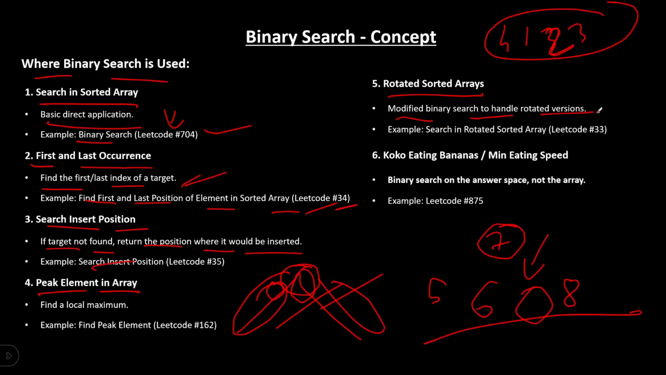Modified binary search to handle rotated version. This is a question you could go and check in Leetcode 33. Koko eating bananas or minimum eating speed. This is the most common and most important question to understand binary search on answer, or binary search on answer